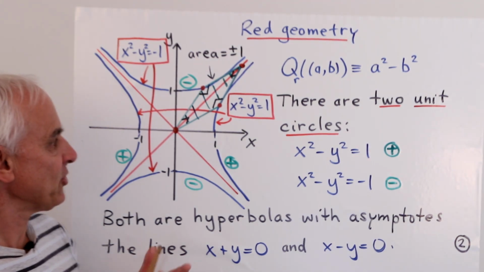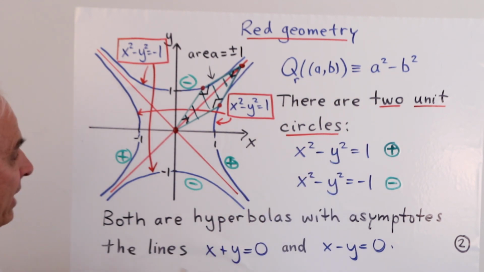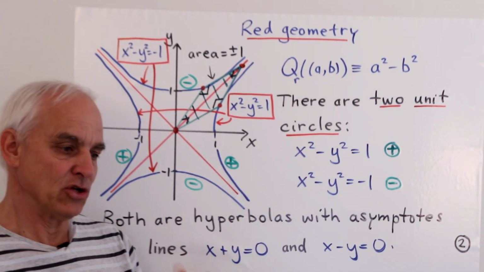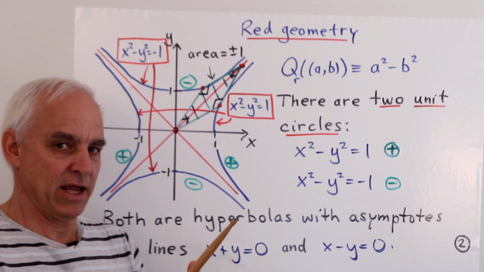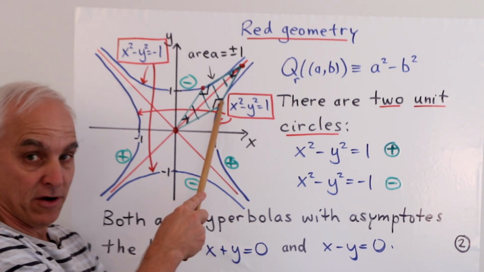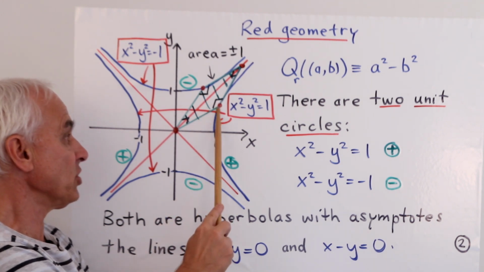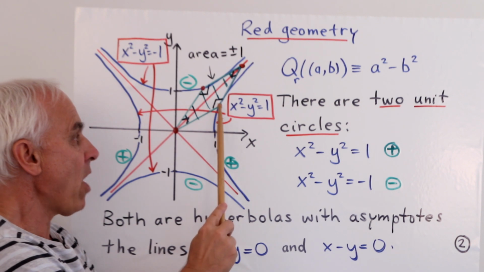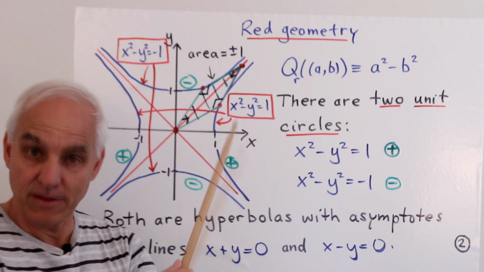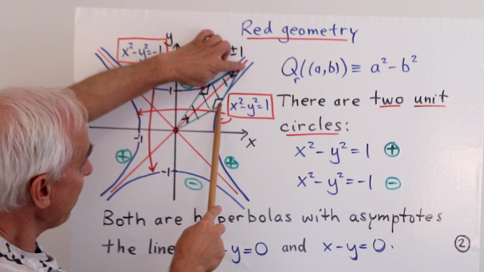Now let's observe the meaning of the quadrants in this situation. I remind you that from our last lecture we interpreted quadrants in terms of being an area. Let's say we have a point like this one here, or if you like, the vector emanating from the origin to this point. Then the quadrance of that vector in this red geometry is the signed area of this parallelogram.